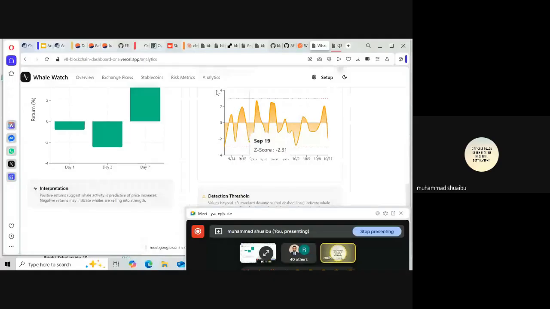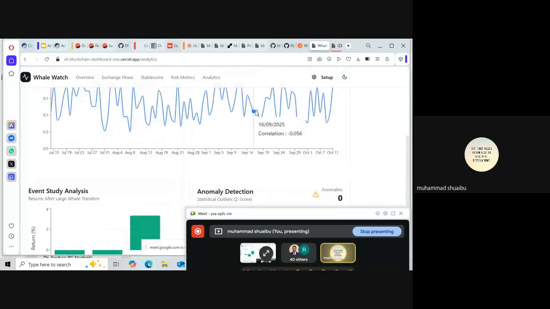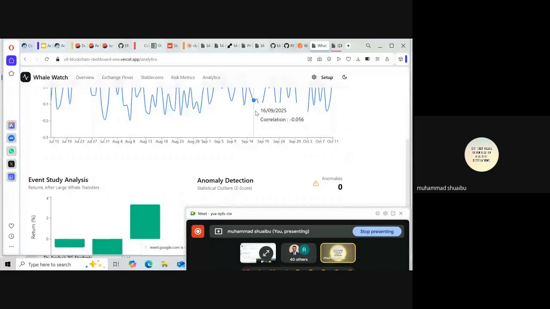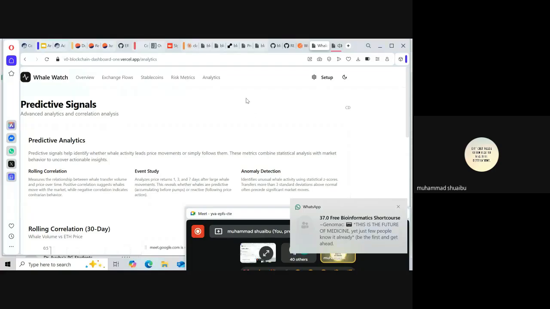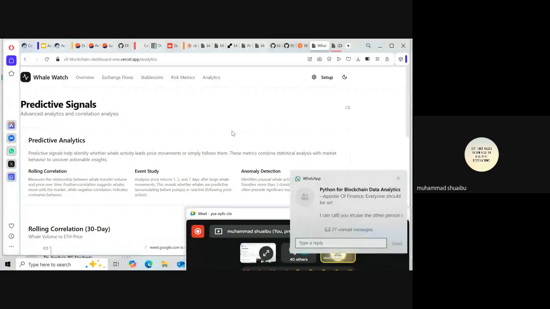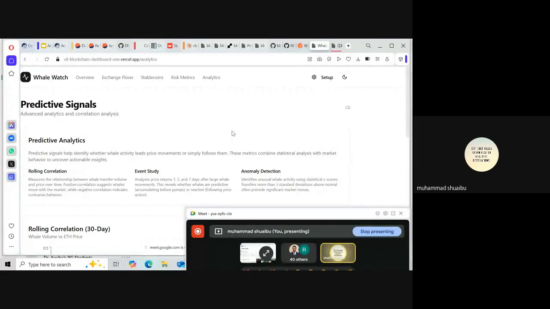And lastly, the anomaly detection tells us whenever the data is between plus 3 and minus 3. Anything that exceeds this limit shows how the data is supposed to go. Now this is all I have for this. But for the future, what I think we can improve in this project is to add assets by using Solana and other coins, and also we can